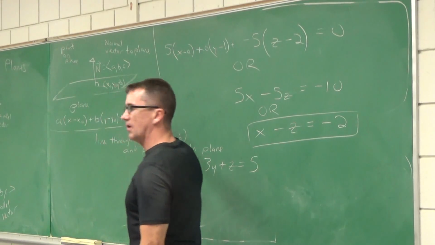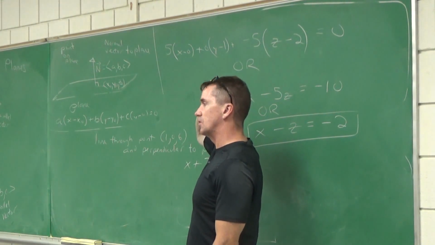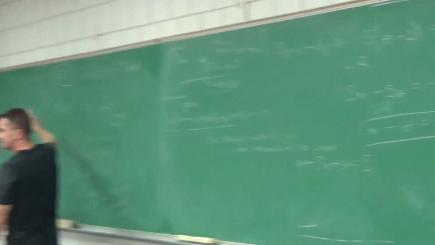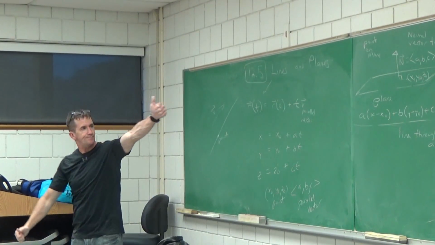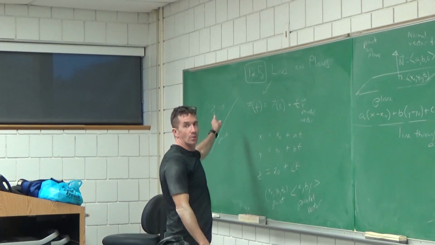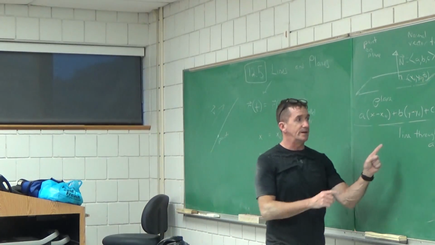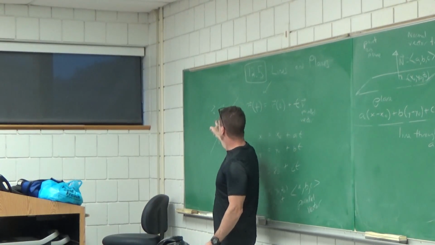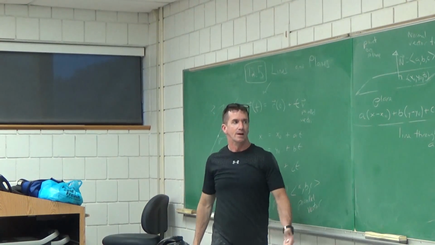So this problem is involving lines and planes, right? But we are looking for a line. Let's go back to what we need. I need a point on a line. Do we have that? Yeah. Check. What kind of vector do I need? Because I need to find the line. So I need to find a vector that is parallel to our line. I'm lost. I don't know what to do. I'm telling you what helps.